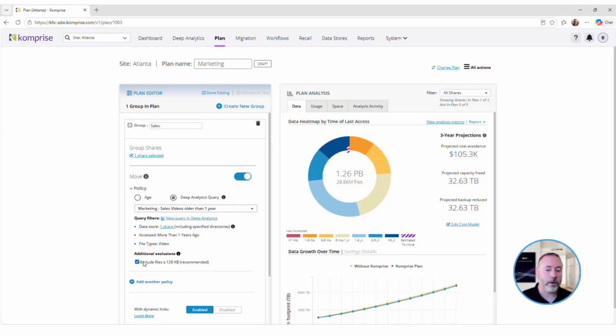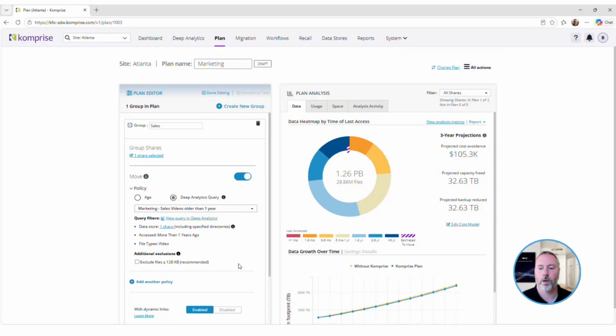There's also a default exclusion down here. A lot of vendors don't want to deal with small data. They don't want you to place anything smaller than 128K, specifically in the cloud. So by default, we have that exclusion turned on. If you want to, because you're using an on-prem object storage or other NAS appliance, just uncheck that box. Now we'll also send small files along with it, but always check your terms of service to make sure that's